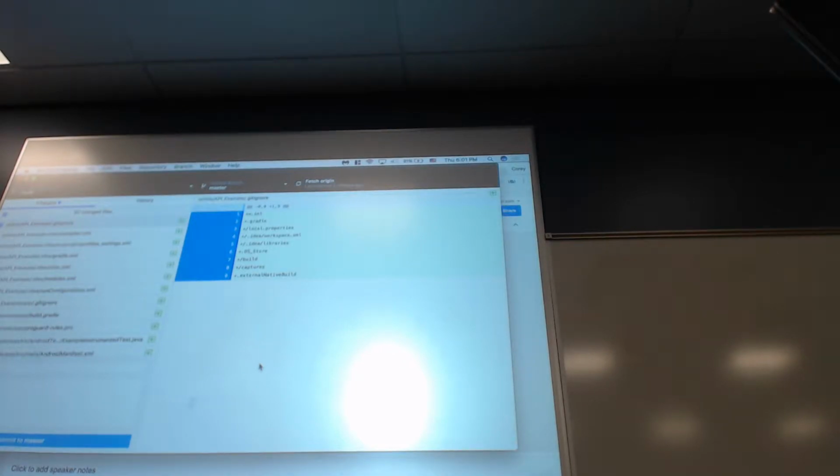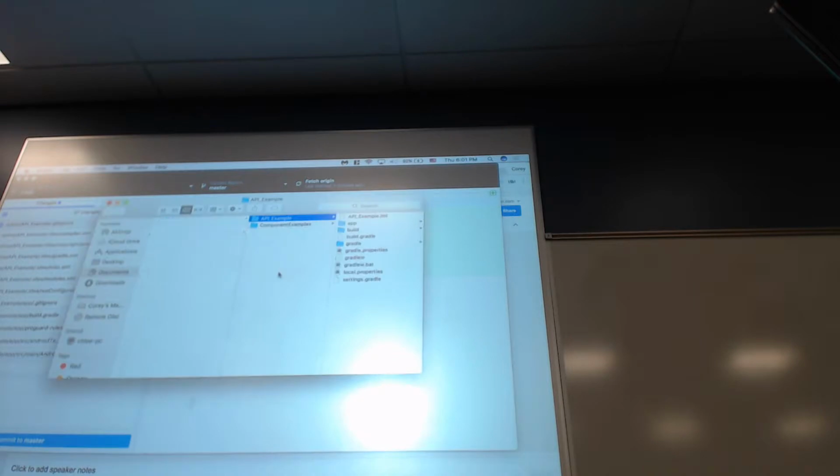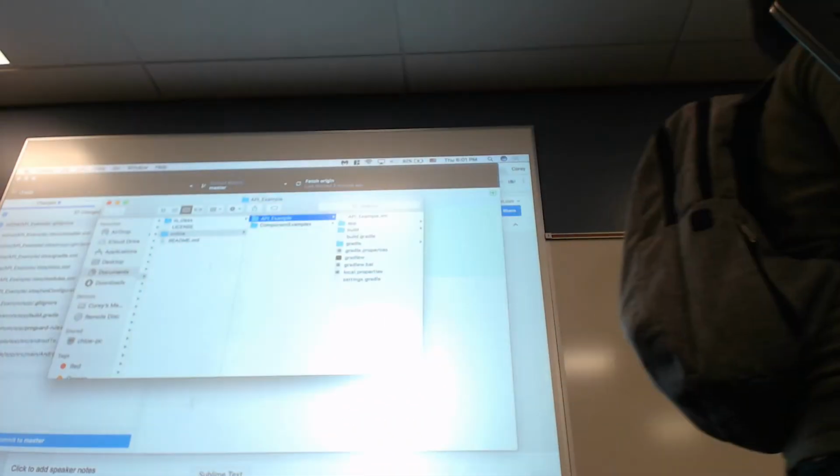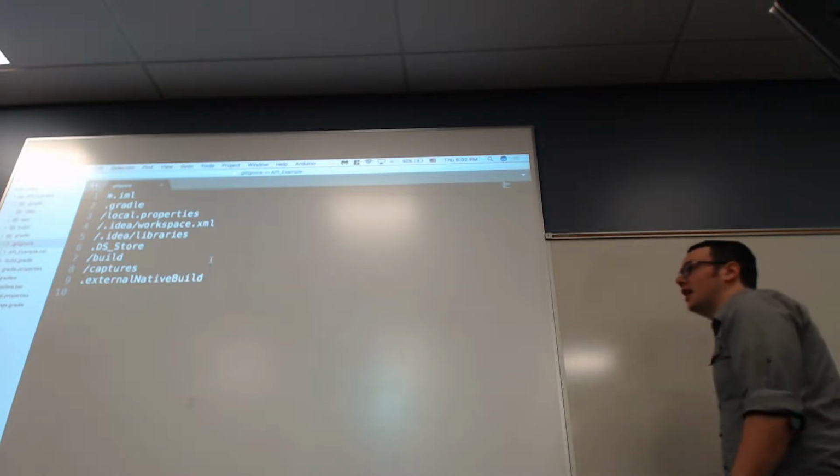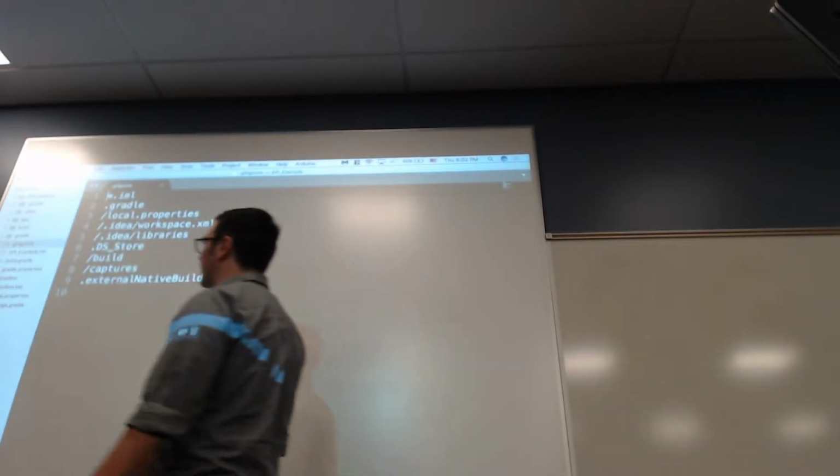To start off, I wanted to do a quick brief about git ignores. Like with Android Studio, it will automatically generate a git ignore file, and I want to break down how they work. So git ignore is basically saying, okay, don't include these files in your repository, and they can be any